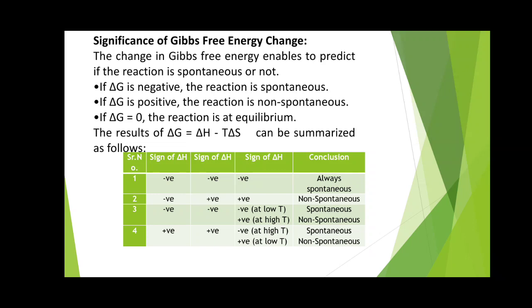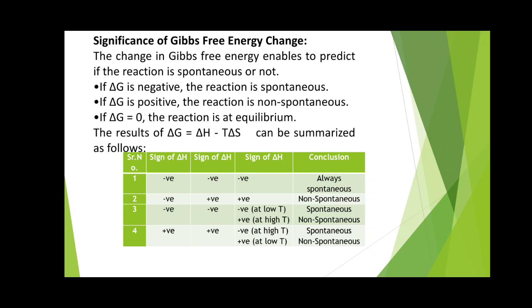Hello friends, in the last video lecture we saw the Gibbs free energy equation, that is delta G is equal to delta H minus T delta S. In the last lecture we saw the whole expression of how we can derive delta G, delta H and minus T delta S. So delta G, delta H and delta S, all these three terms, as I said earlier also, are state functions. That means they depend on the initial and final state of the given system.